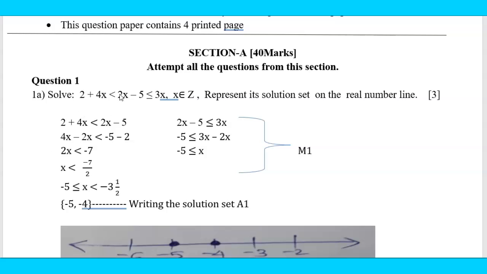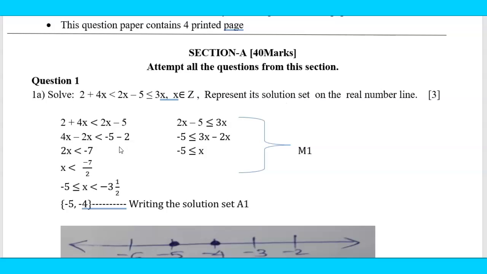Hello students, in this video we are going to discuss the answer key and marking scheme and common errors done by students in the midterm examination. We'll move on to the question number 1A. Here you have to solve the linear inequation and you have to represent its solution set on the real number